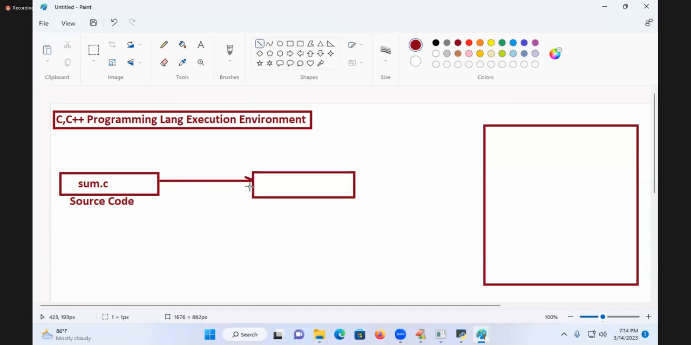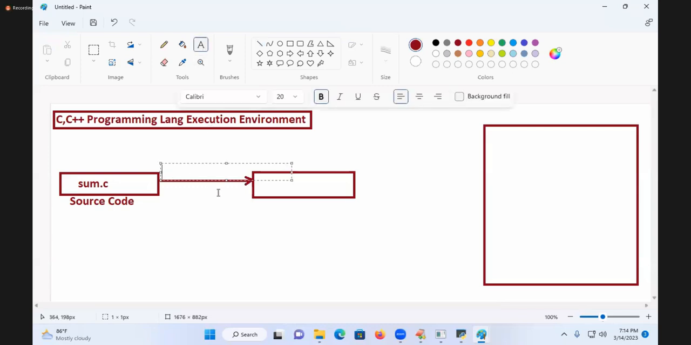Compilation. You are submitting for which process? Compilation. Now, who is compiling your C program? In C software, which is developed by Dennis Ritchie, there is one program known as the C compiler. What is that program name? The C compiler will be there. That C compiler